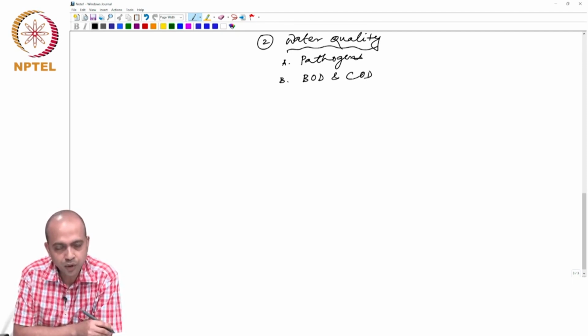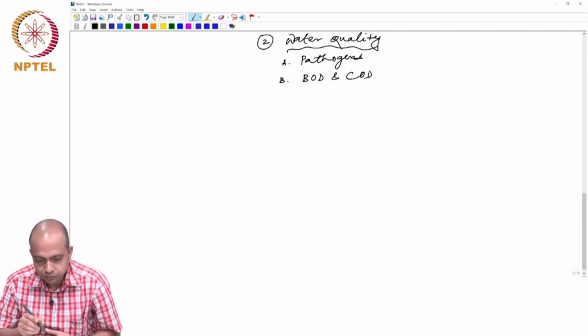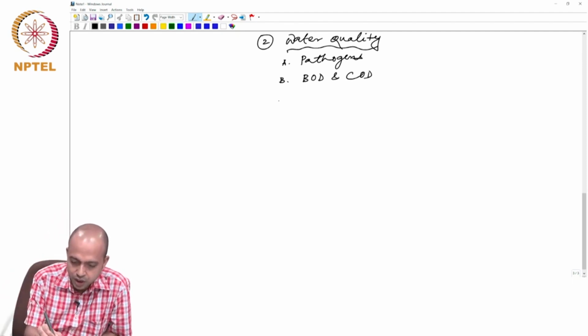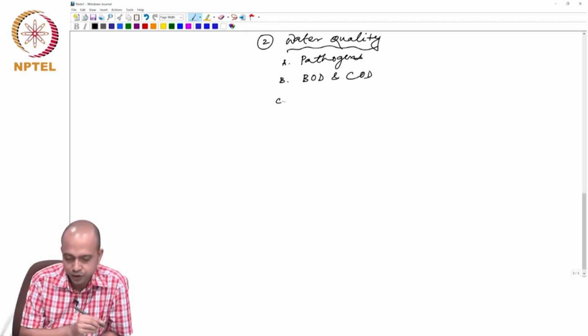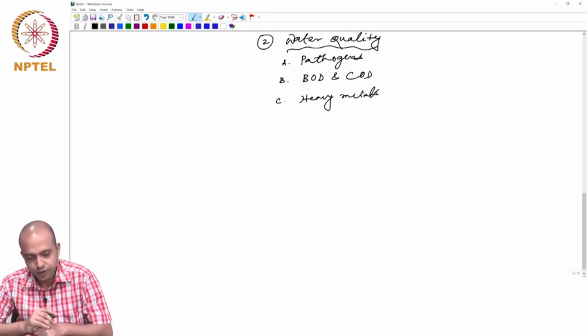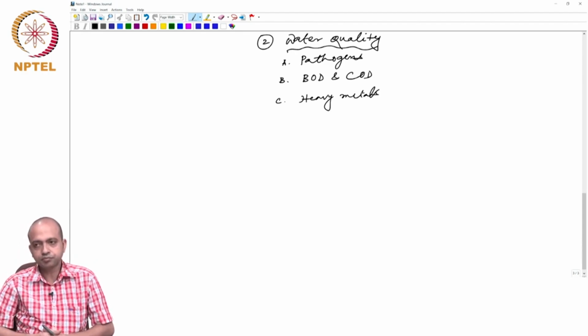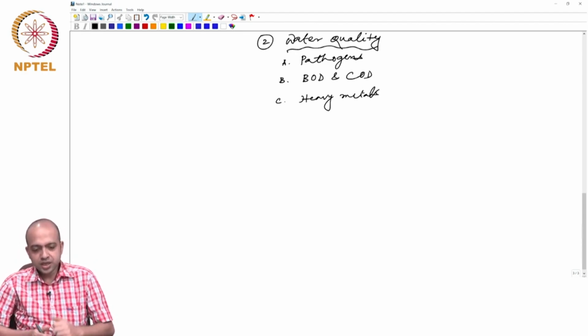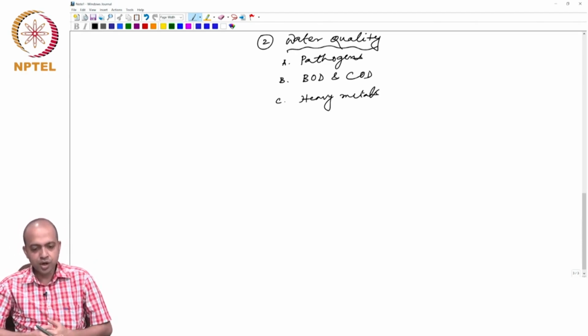Okay. Biological oxygen demand, BOD and COD, and third type is heavy metals. Heavy metals. Okay. So, these are the main three types of indicators